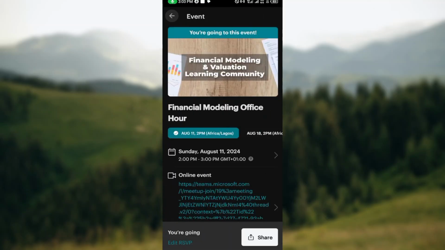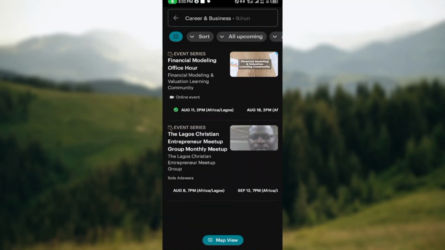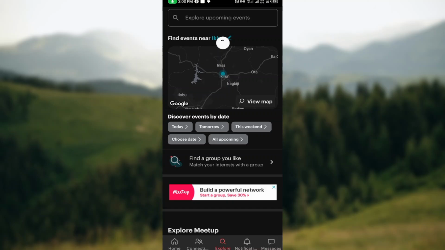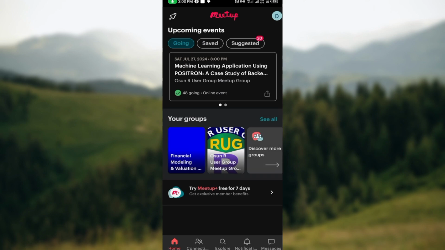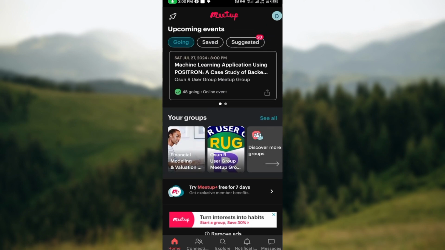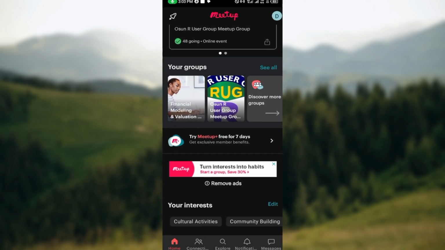And by going back to your own page, you would see that you are now a member of the group. By going back to your own page and loading, you would see groups you're in, and you will see that that particular group is part of them. So as you can see, financial modeling and valuation. So this is it. This is how you can join a group